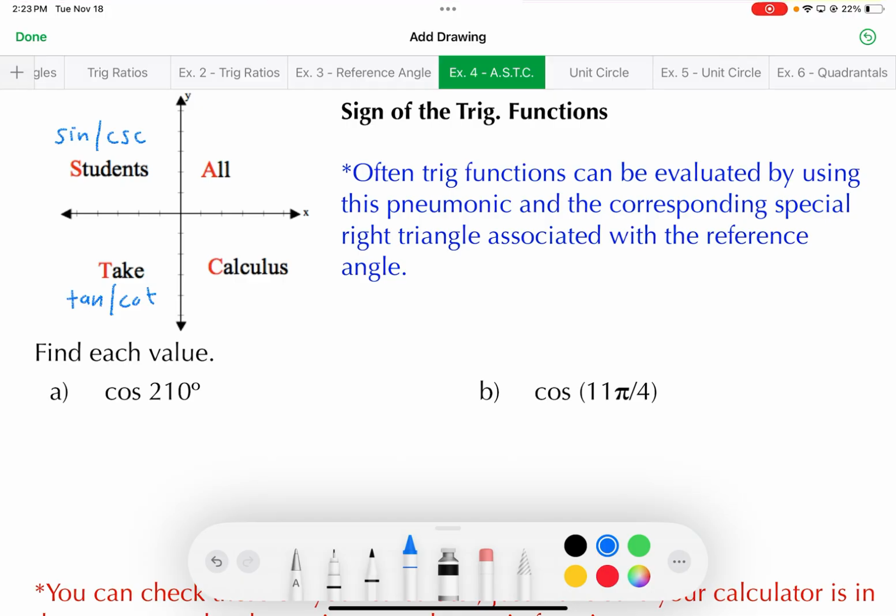Okay, fourth quadrant, calculus. The C stands for cosine or its reciprocal secant. Those are the only 2 positives there. And that is because x is positive in the fourth quadrant. Y is negative. All right, so with that in mind, if I want cosine of 210, okay, what I like